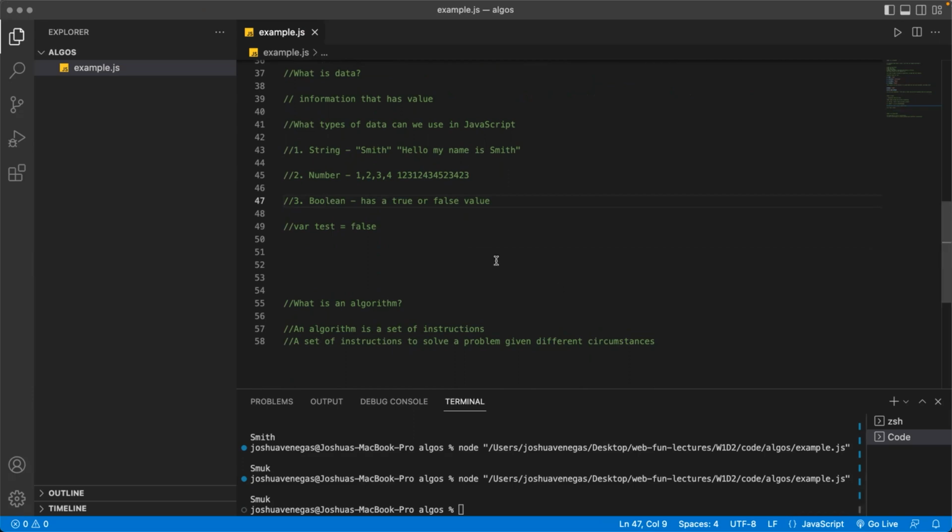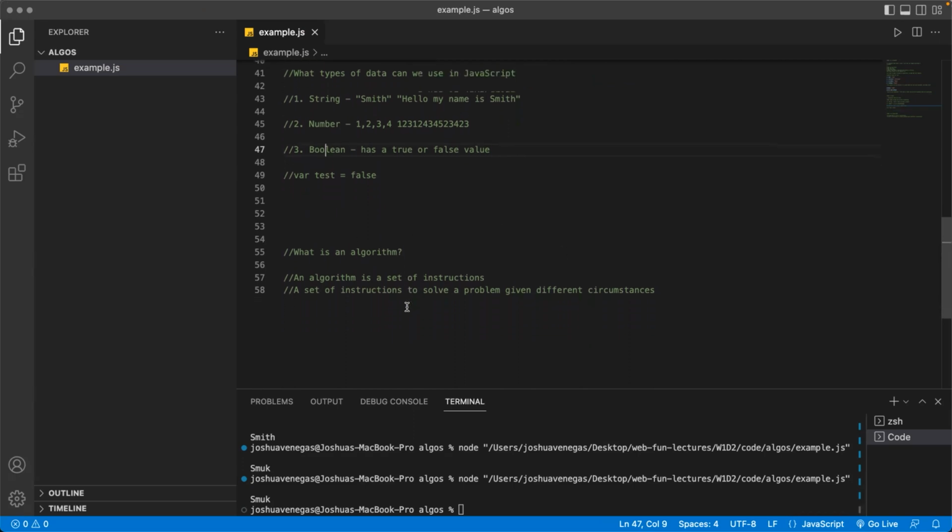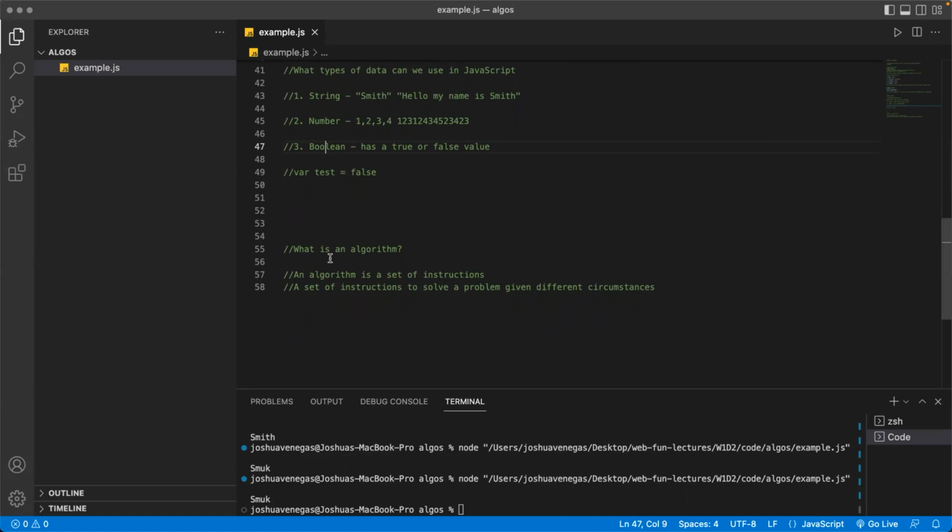So now we have the last concept we went over, an algorithm. It's a set of instructions to solve a problem given different circumstances. Great. Okay. Now,